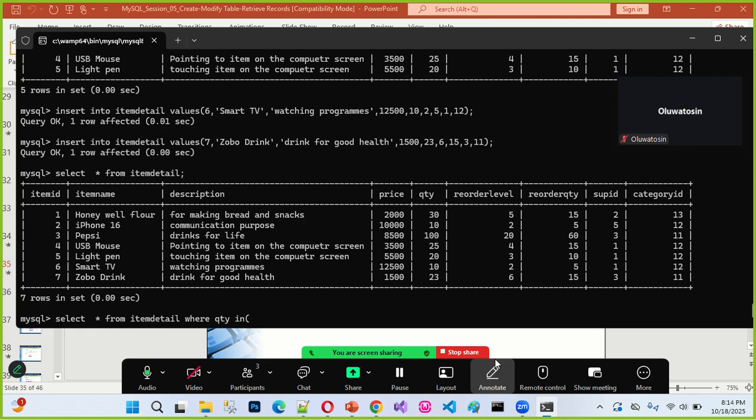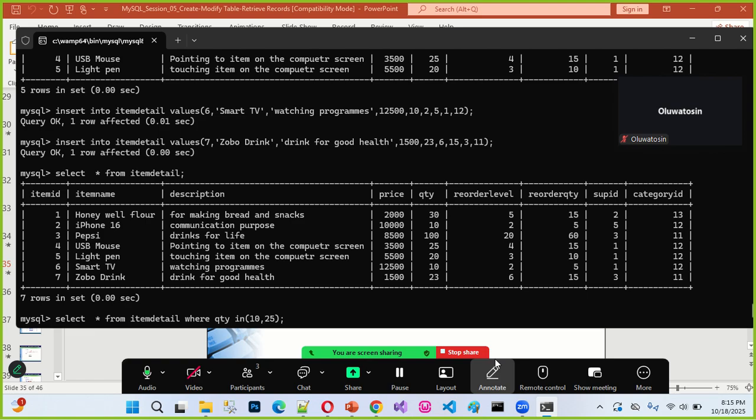The next thing is to specify a list of values I want the system to return. If quantity order is 10, the system returns the 10 records, because I have 10 records that are 10. If quantity order is 25, the system should return it. Can you see again? I'm going to separate them with commas. This means return the items where the quantity order is 10, quantity order is 25.